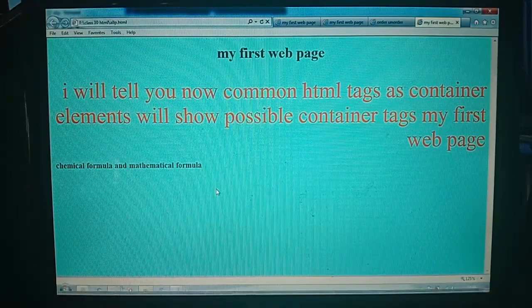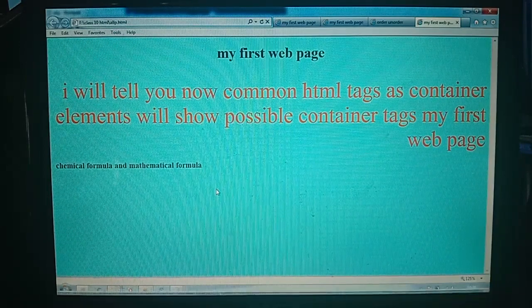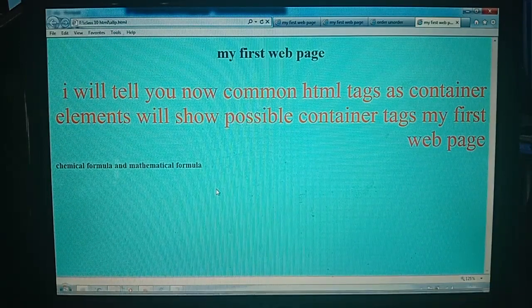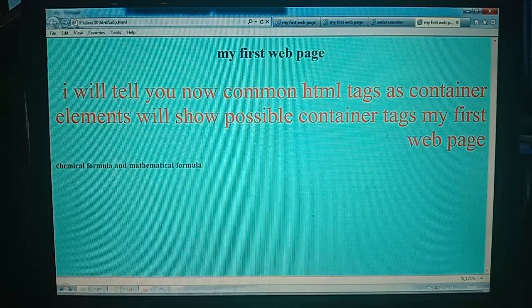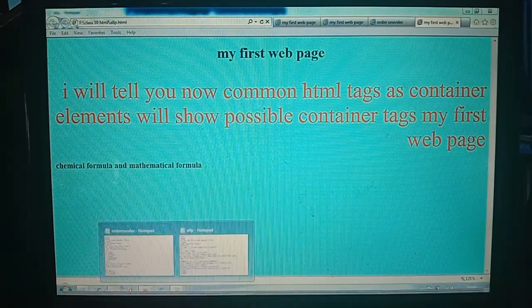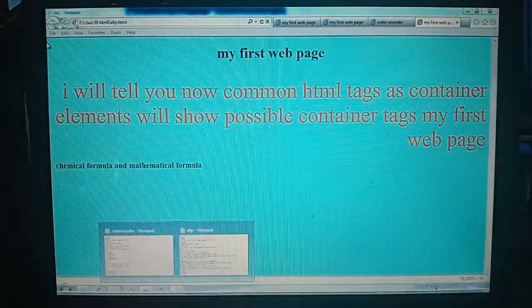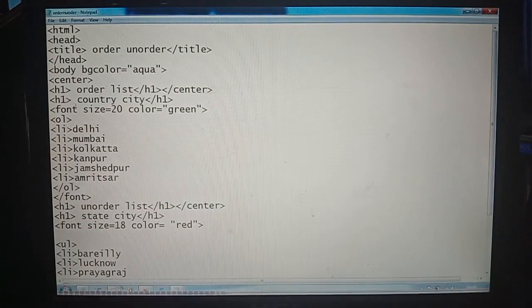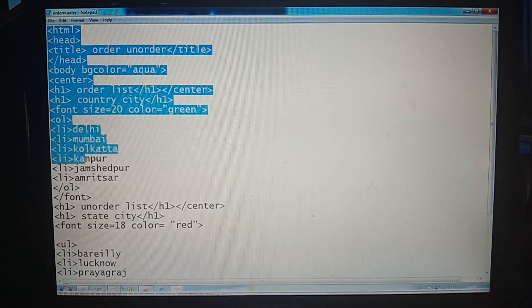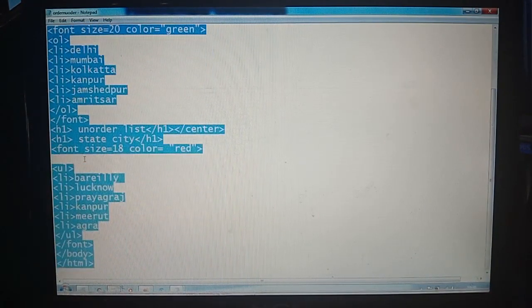In this video we'll learn more about ordered and unordered lists. We'll take another example of ordered and unordered lists and make the particular tags in this manner. If the size is small, I'll increase it so you can see the font clearly.